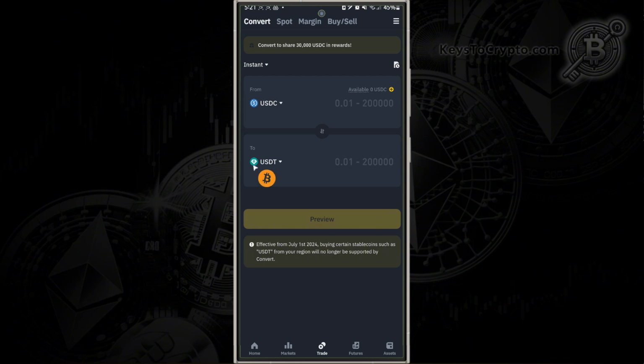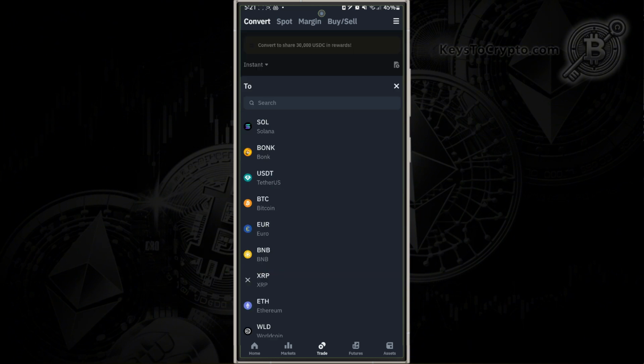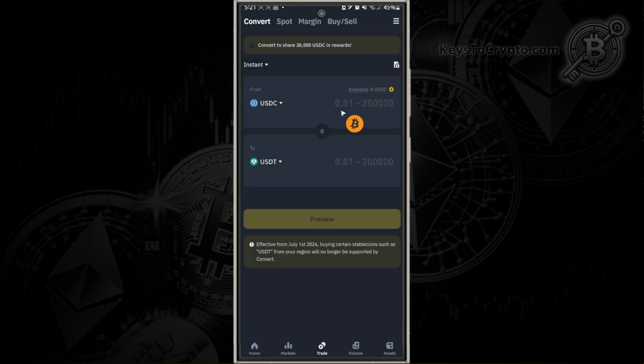And under the To section, we're going to select USDT. If you don't see it in the list, you can search for it just like we did before. Select USDT, enter the amount of USDC you want to convert into USDT, tap on Preview, confirm the transaction within the time frame that it allows, and that's how to convert USDC to